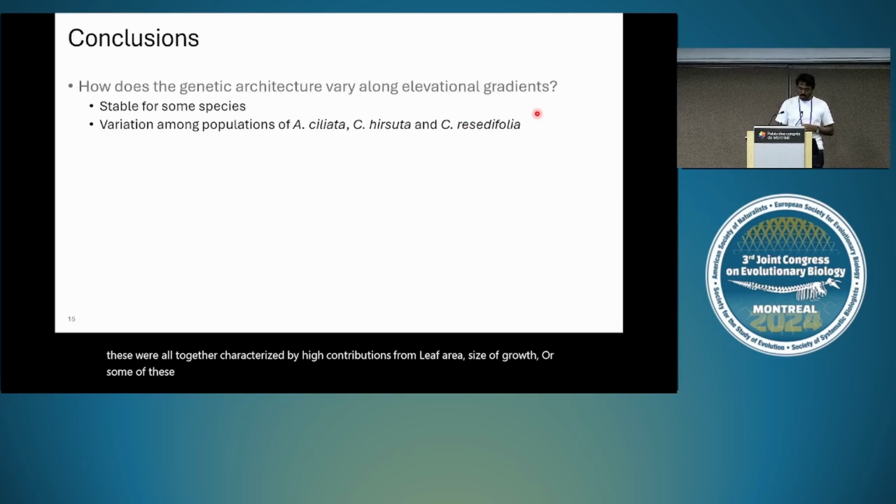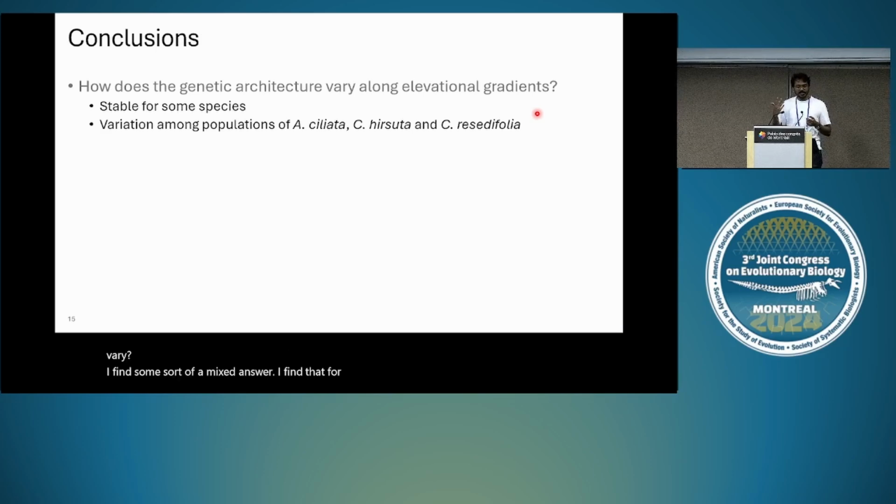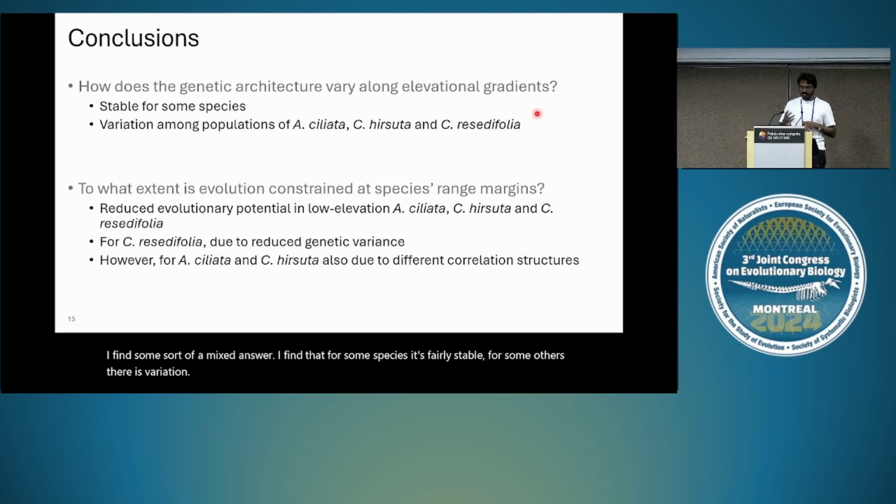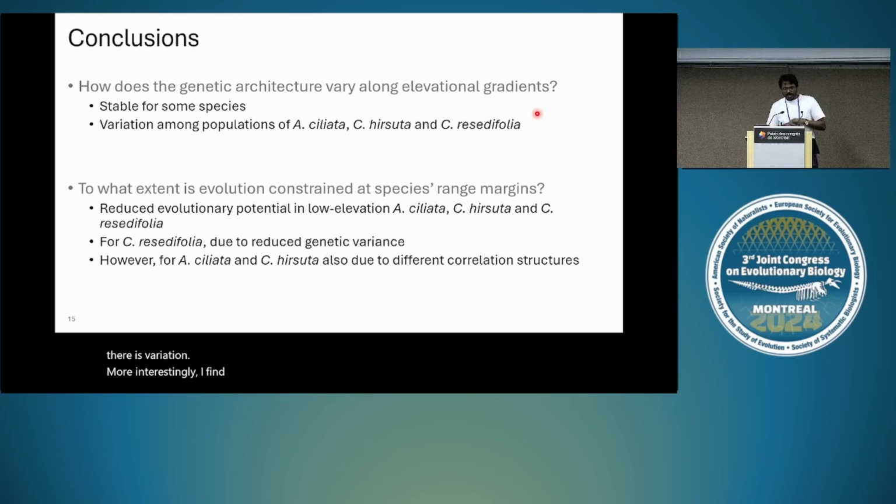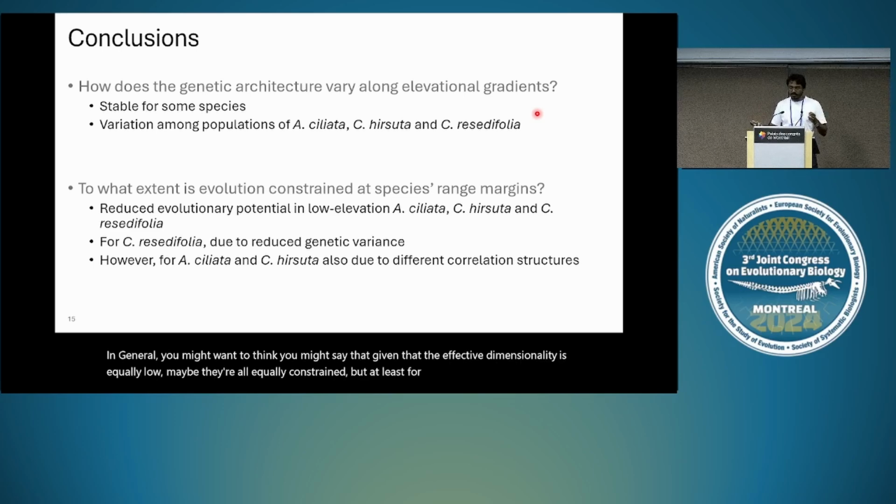So to conclude, my first question, which was how does the genetic architecture vary, I find some sort of a mixed answer. I find that for some species, it's fairly stable. For some others, there is variation. More interestingly, I find that in general, you might say that given that the effective dimensionality is equally low, maybe they're all equally constrained, but at least for some low elevation populations of the mentioned species here, there is even more reduced evolutionary potential. And for Cardamene residifolia, it seems to be only due to reduced genetic variances, but